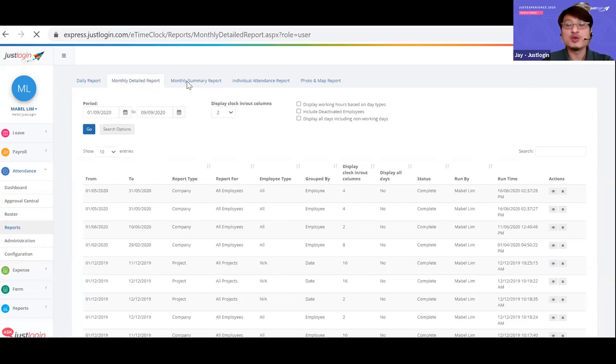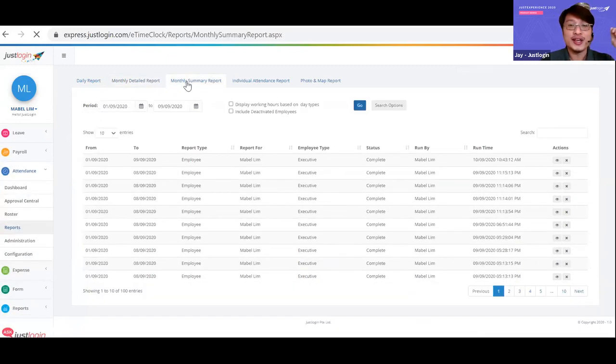Because what happens to this OT is that you can either transfer it to your payroll, and it will be calculated, of course, according to the basic pay, or you can push it to the OT off in lieu once more. So two ways, either to the payroll or to the OT off in lieu. Let me just give you an example of this